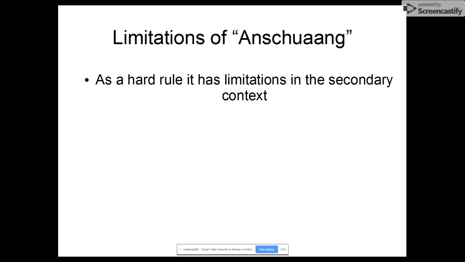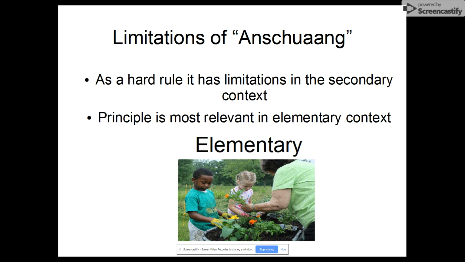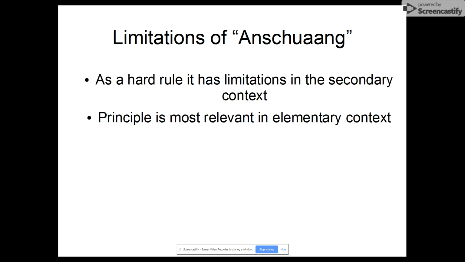As secondary teachers, this concept should be approached as a guiding principle rather than a hard rule, as it is probably more relevant in an early childhood or elementary context. It is logical that an elementary teacher would want a child to perhaps experience a garden rather than sit for a lecture on gardening. However, with secondary students, where abstract thinking is possible, it would be impractical to require concrete